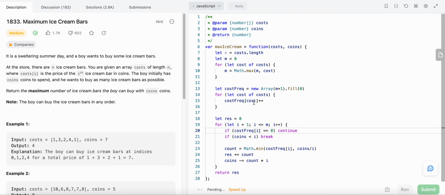So the space complexity here is O of m because we are using an array here,